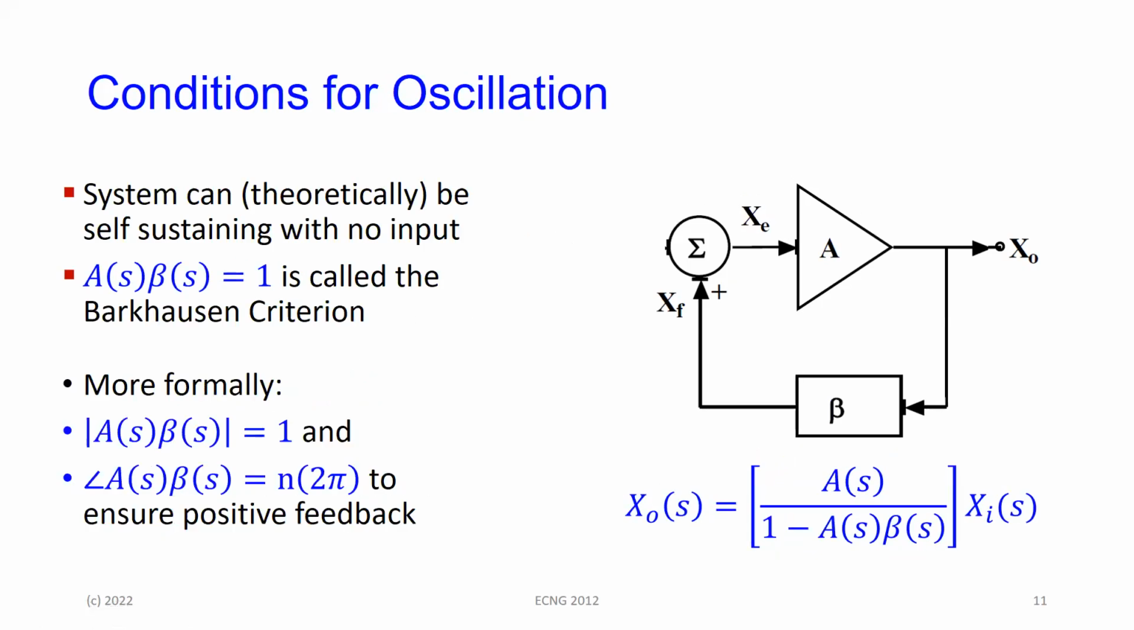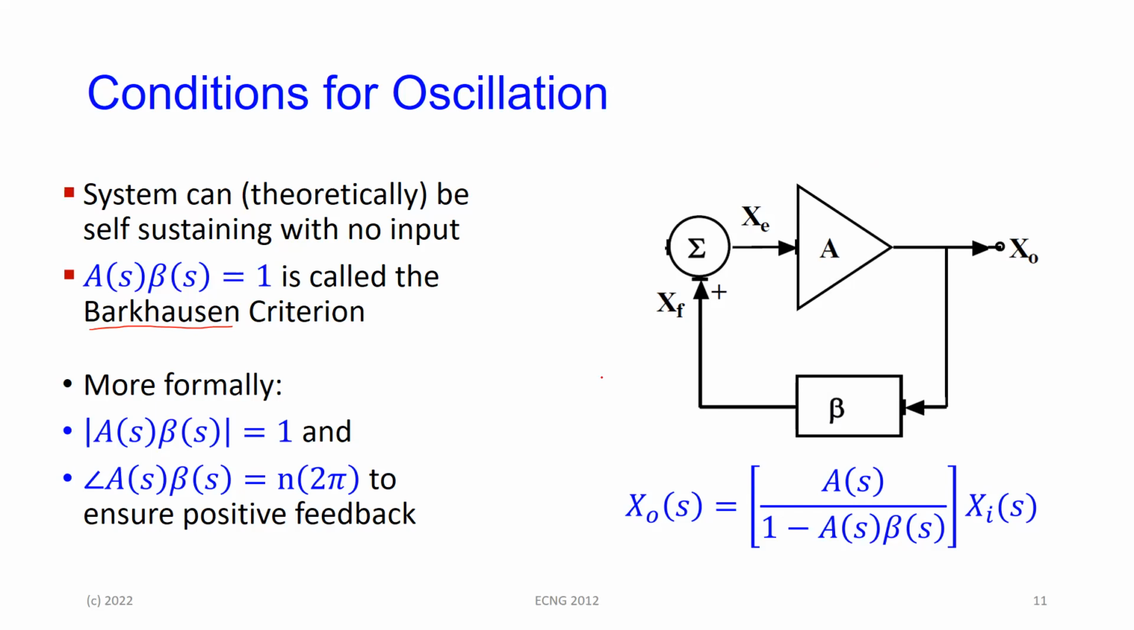So if we can get that where A beta is equal to 1, the system can theoretically be self-sustaining with no input, right? So I'm drawing it over here. If A beta is 1, we don't need any input, and this system itself can be self-sustaining. That particular product where A beta, the loop gain, as we call it, is equal to 1, is something called the Barkhausen criterion. And this is one of two things that are required. The full Barkhausen criterion. This is one of the conditions that are required for this particular circuit to